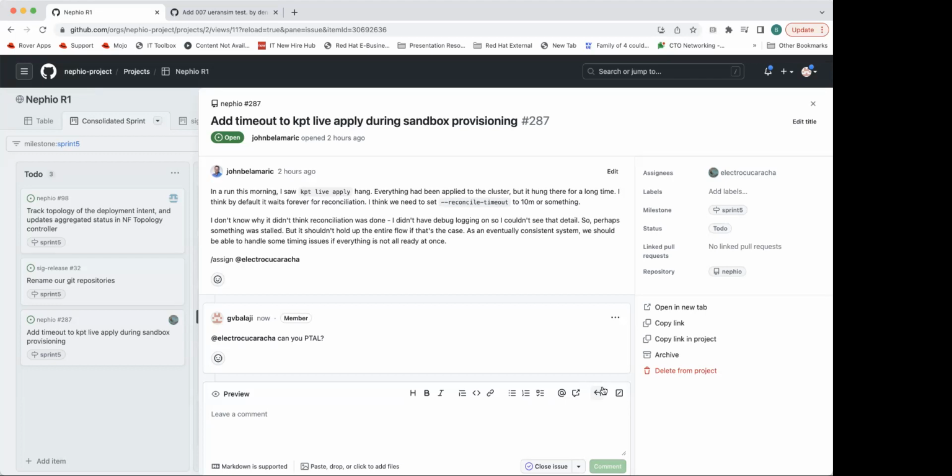So if we continue to have issues, we may just want to switch to cube control apply and just apply all the resources, which is sort of brainless. You throw it at the API server and walk away, whereas kept live apply puts it on the API server, then monitors to see that it progresses. But we have other things that are monitored, like we check later to see if things have progressed. So maybe that might alleviate the issues that Fikra and others have seen.